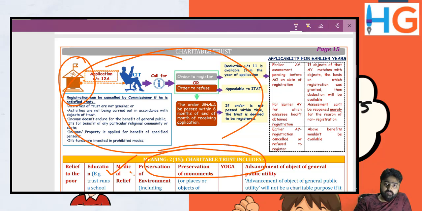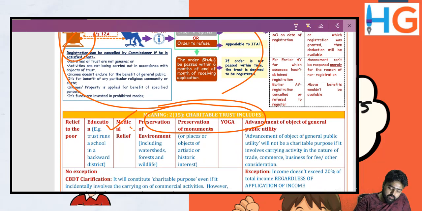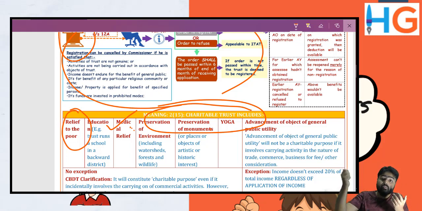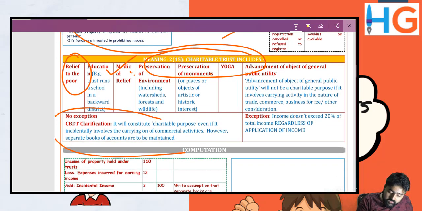So if an assessee is looking out for the poor, is he allowed an exemption under section 11? Yes, because relief to the poor is a charitable activity. Now, along with providing relief to the poor, he does some business on the side that is ancillary to the business of providing relief to the poor. For example, a small organization takes sponsorship from various big companies to provide relief to the poor, and from sponsorship they earn some money. It may be called a business activity. Then CBDT has clarified it will still constitute